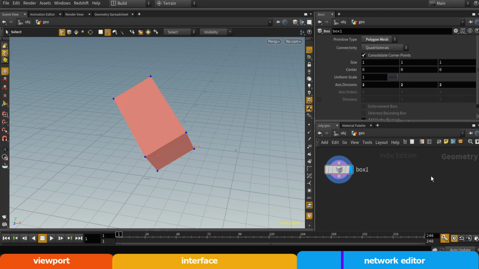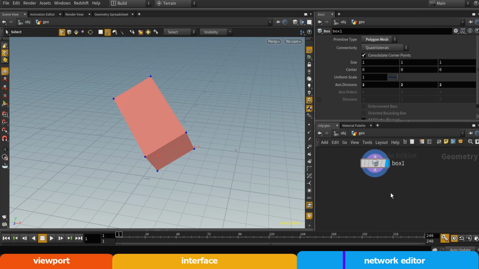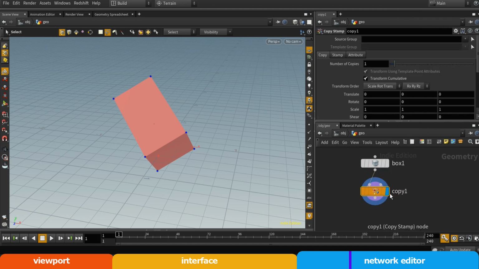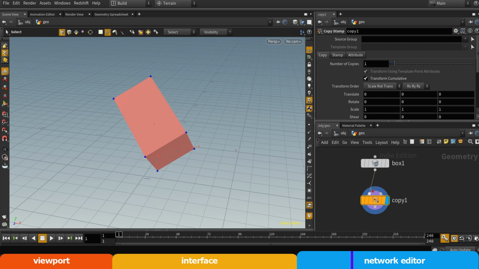What if we wanted to make our own cloner? We can do that pretty easily with something called a copy stamp. So again, tab to search and typing in copy stamp. That's the one. And instead of pressing enter like I did before, I'm actually going to press shift enter. And what that'll do is drop down the node below and connect them, as well as putting on the display